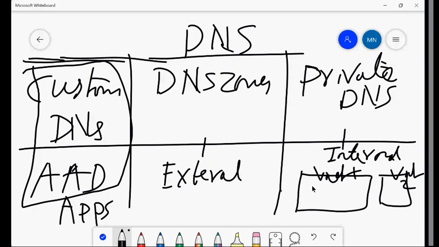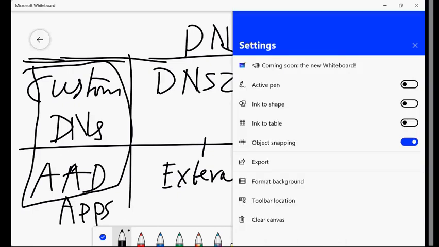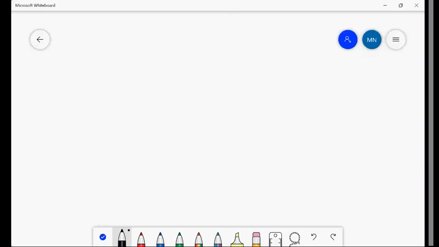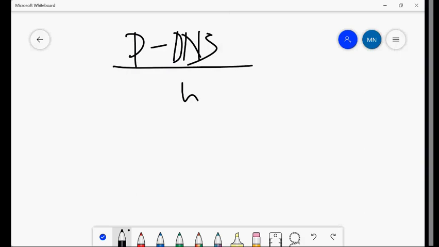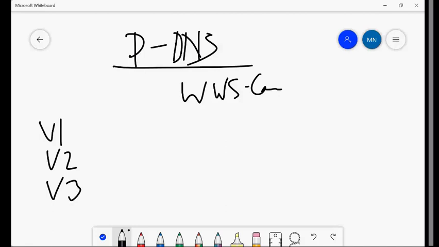So when I say internal, for example, here you have VMs, right? All VMs will be part of this VNet and subnet. Likewise, if you see these VMs, their names will be like this. For example, I created a private DNS, right? So this is my private DNS, and I'm calling it wws.com. Then my VM names will be VM1, VM2, and VM3, right? Here they will have @